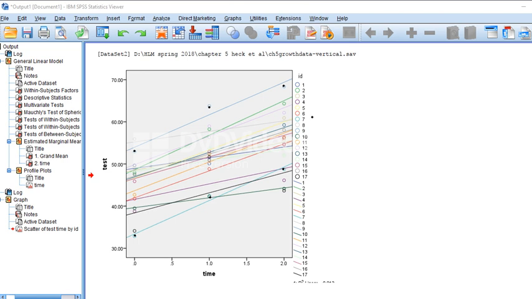You'll see the red line, you've got time 1, time 2, and time 3. So, the red line, the linear trajectory, seems to really do a nice job of fitting that person's growth trajectory. That's going to be probably person number 6. So you can see also that when you're looking at this,